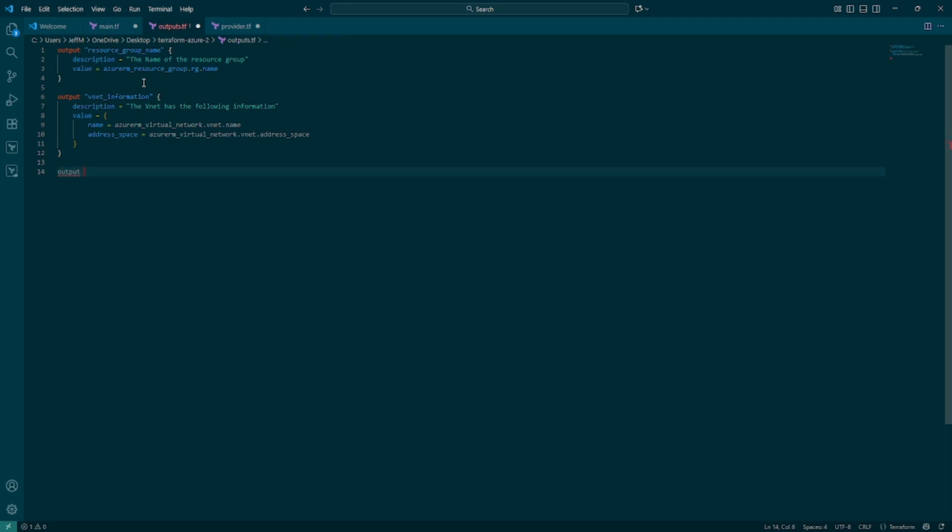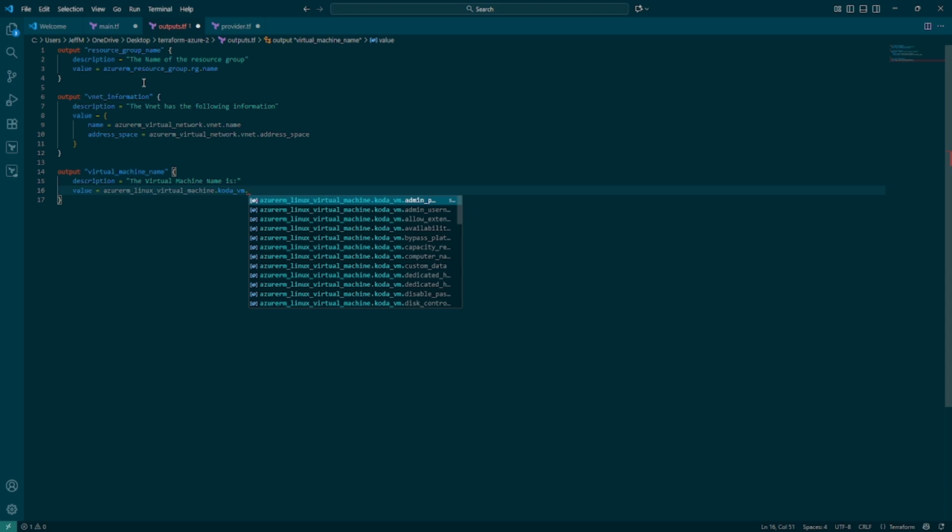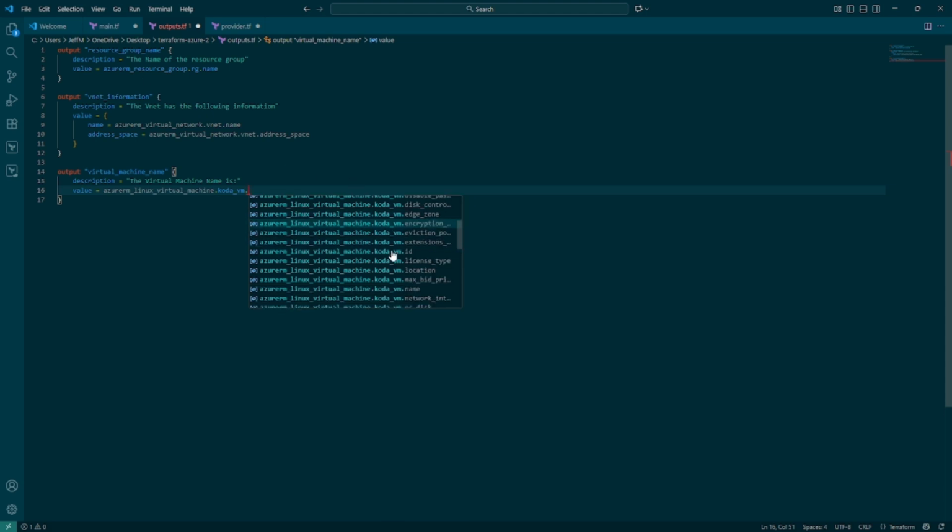Next up in our outputs file, I want to do the virtual machine name. We'll go ahead and do output virtual machine name, brackets, description. The virtual machine name is, and we'll do the value. We can just start typing in Azure, and we'll look for what looks like the virtual machine name. There we go. And we'll do dot, and here you can see we can scroll through if we weren't sure,